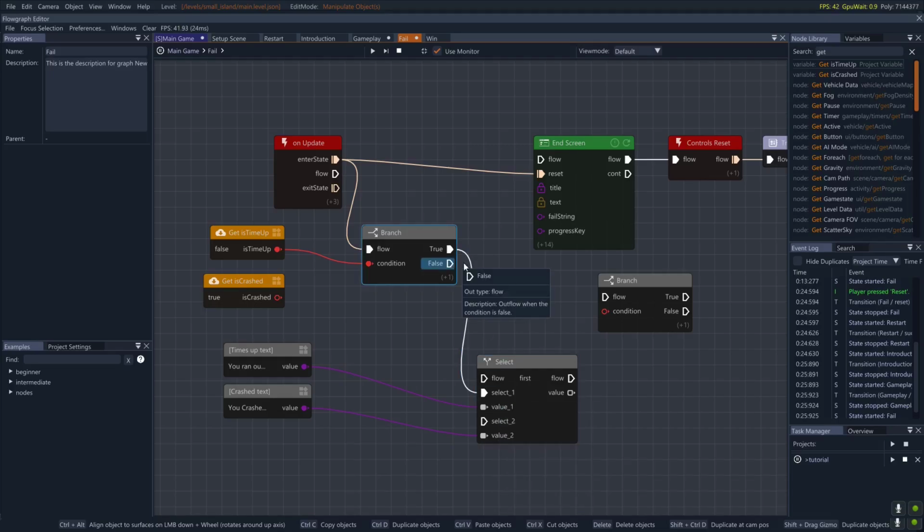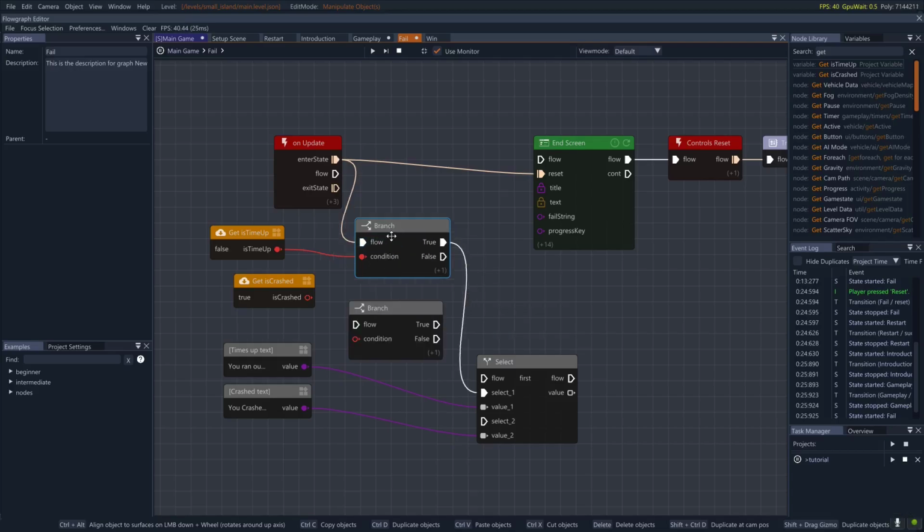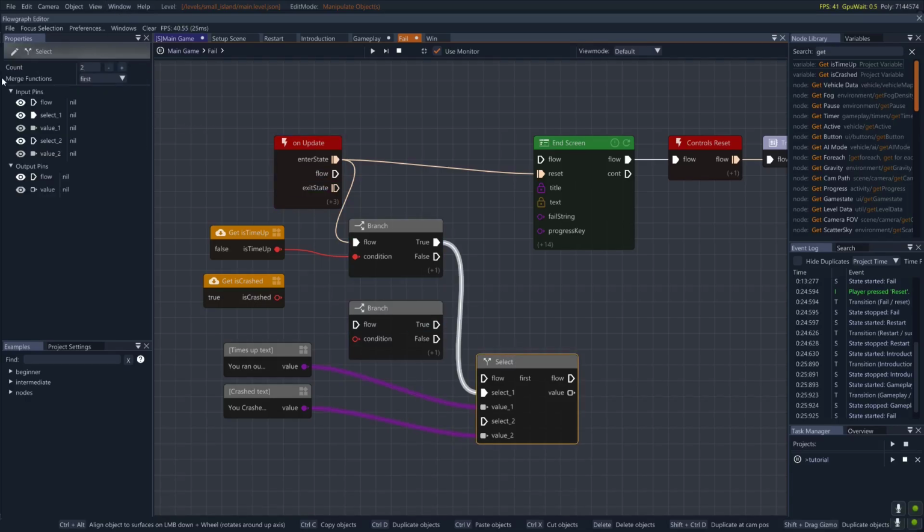If it's false, then this is just kind of a logic check to make sure that we can't have both. I was going to say that there is a case that if I'm not careful, I could have is time up true and is crash true. What happens then? Well, the select, you can tell it to merge functions. So what that means is if it did get two positives, it would default to the first option. I could also make it default to the last option, and there's more details there. I don't really care that much. I'm just going to say if is crashed,